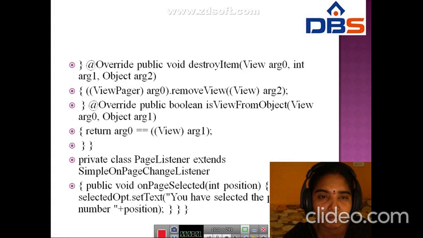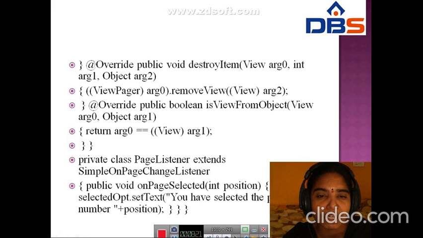Next, destroyItem, int arg1, Object arg2. In this ViewPager, we remove the view arg2. Override public boolean isViewFromObject, View arg0, Object arg1, and return arg0.